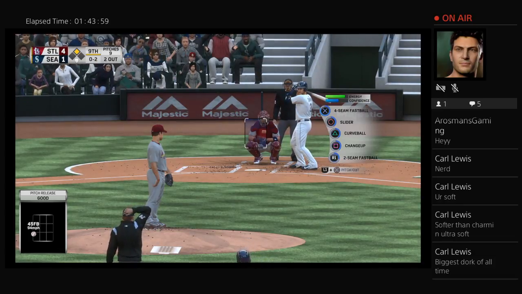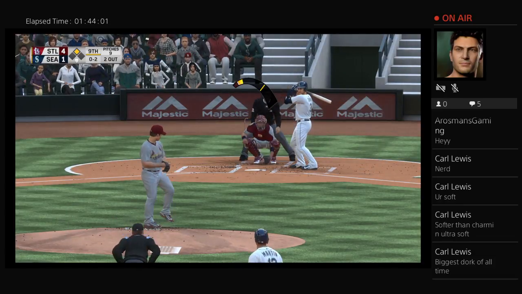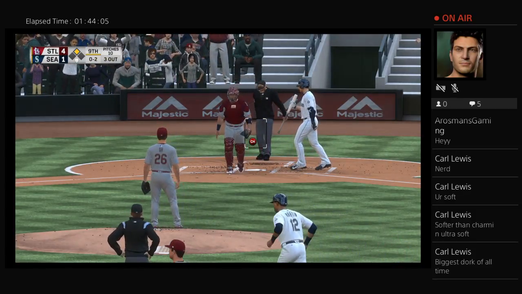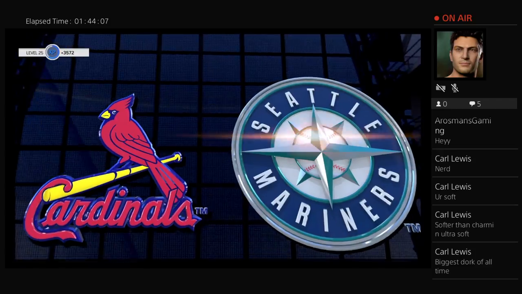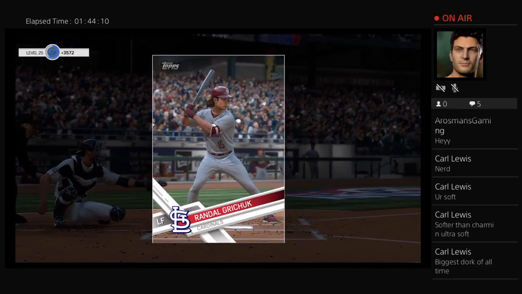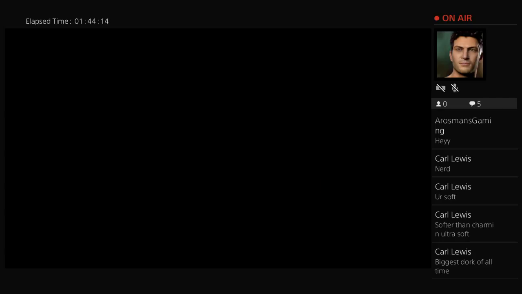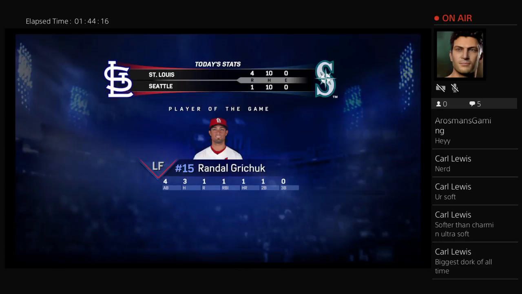Now we got an 0-2 count, Matt. And I tell you what, so impressive. He is executing his game plan. Swing and a miss. He struck him out, and that'll do it here as the ball game is over. Not a lot of runs put on the board in this one, but here's a guy that found a way to make a difference. He's the tops player of the game. Yeah, no question. He was